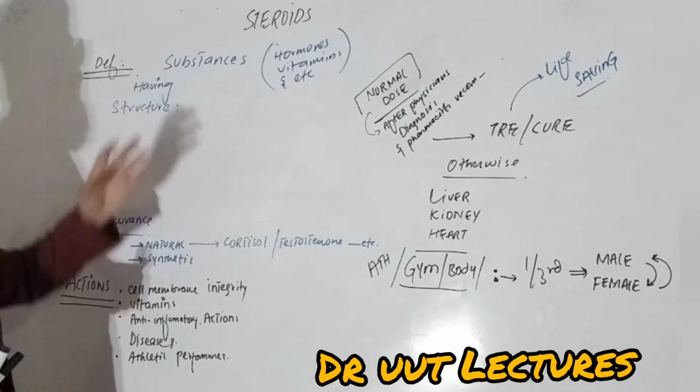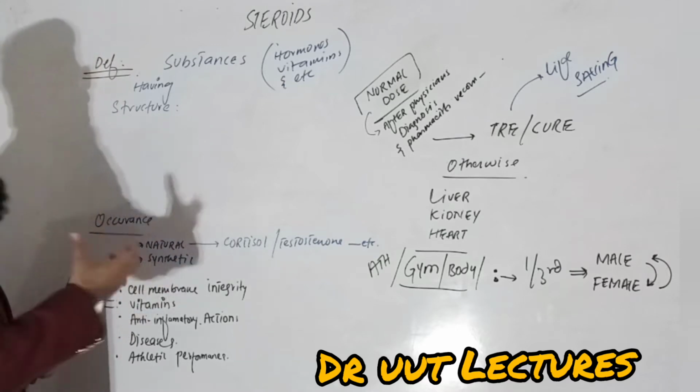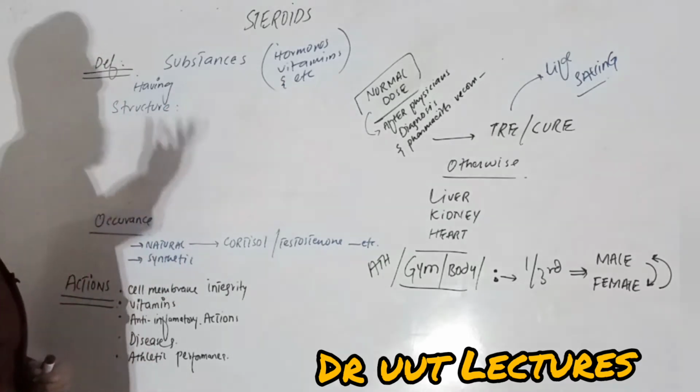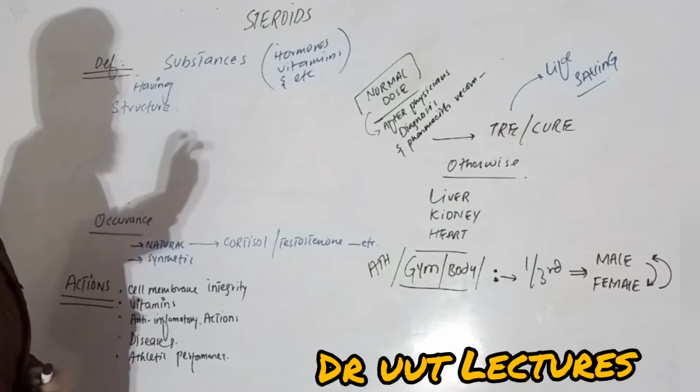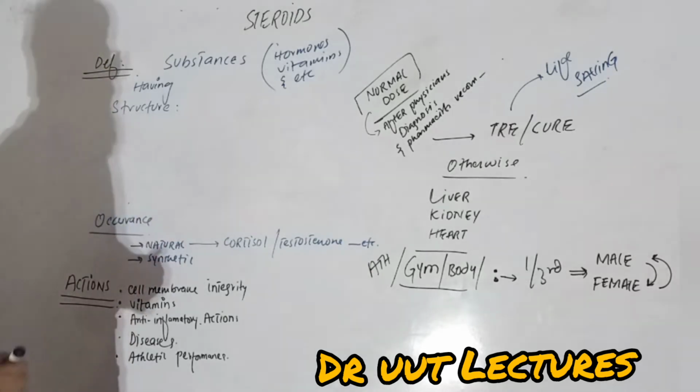That is actually the definition of the steroids. How will we define steroids? Simple. We'll say that these are actually substances or molecules that are having a specific structure. Now, what that specific structure is, simple. We have